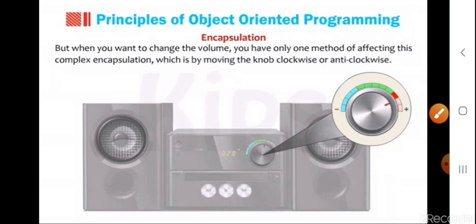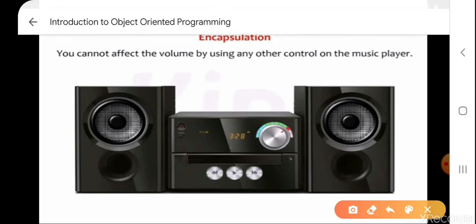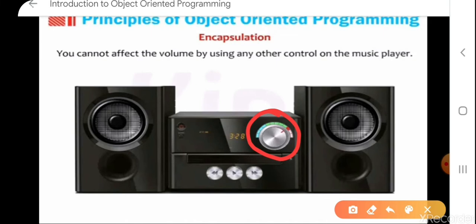When you want to change the volume, you only have one method of affecting this, which is by moving the knob either clockwise or anti-clockwise. You cannot affect the volume by using any other control on the music player. You have to use this knob only.